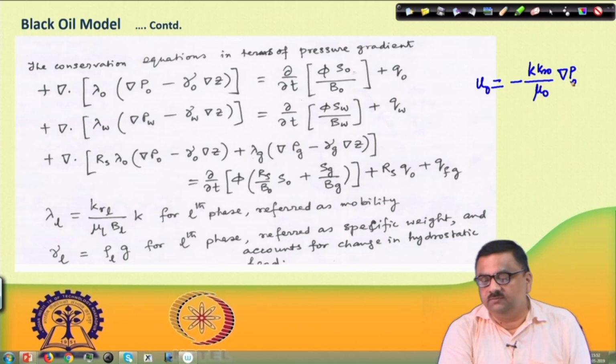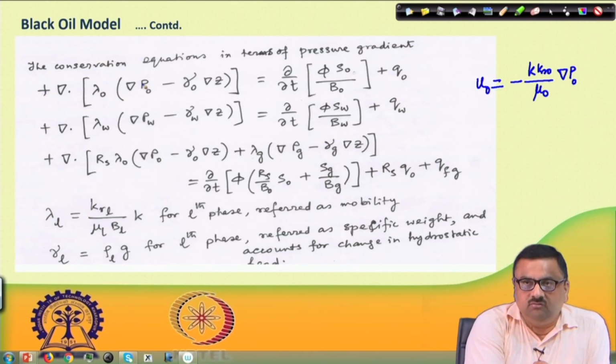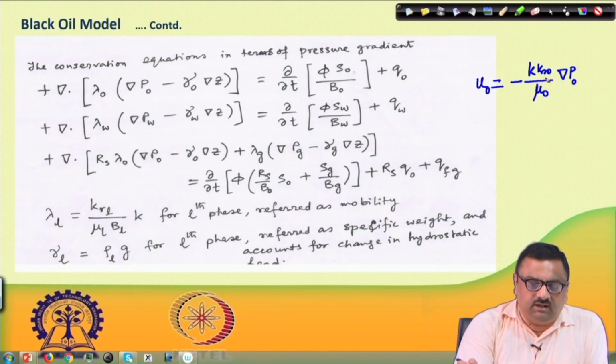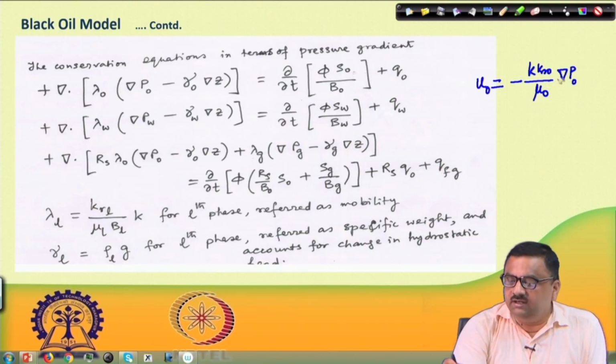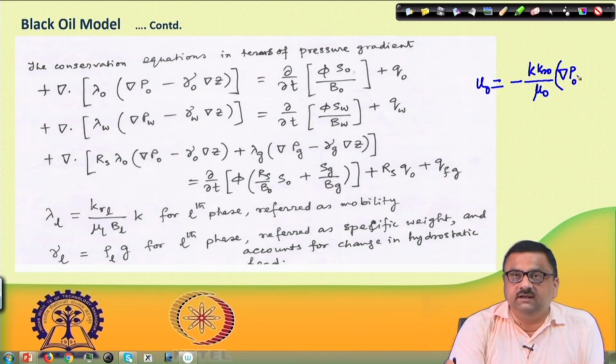So, that would be the superficial velocity. So, what did we have here? We have inside this bracket, there was a minus sign outside, 1 by Bo uo, right, and uo is this quantity. So, that is why, and further one must note here that it could be only grad of Po, or if there is any